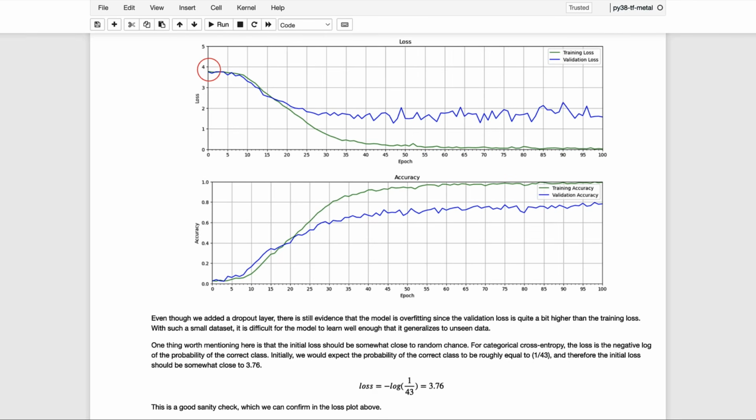And then one thing that's worth mentioning here is that the initial loss should be somewhat close to random chance, given that we haven't trained the model yet. So, for example, with categorical cross entropy, the loss is the negative log of the probability of the correct class. So initially, we would expect that the probability of the correct class would be roughly 1 over 43, which is